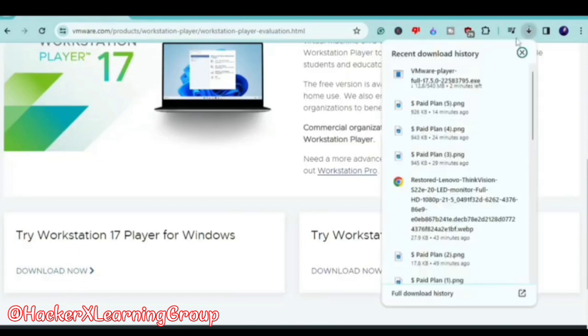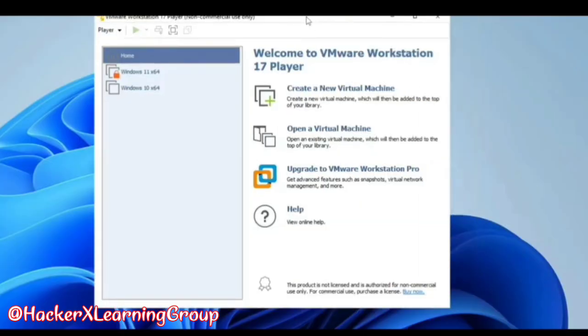And the downloading will be started and it's around 540 MB, so it will take some time. So once it gets downloaded, open the setup file, run it, install it. And once it is installed, you will be getting this kind of dashboard of VMware Workstation. Now here you can see that I have already installed Windows 11, Windows 10 that I use for the testing